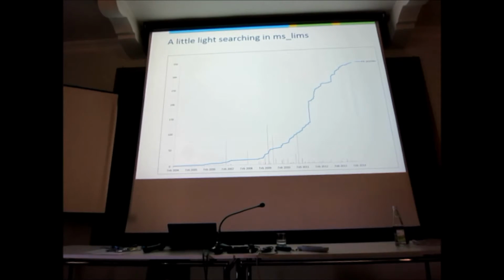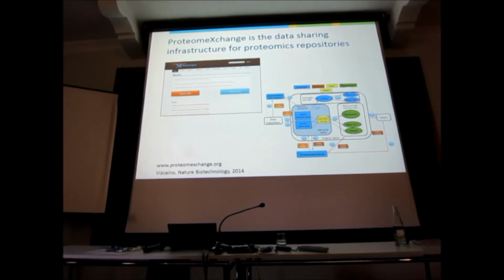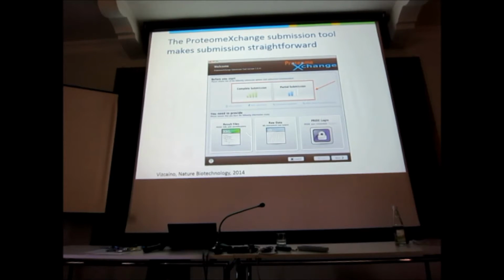And the other thing is that it allows you to take your data and chuck them into a public archive. Which again, it's the big version of what I've just talked about. And these public archives are super useful, right? You can do a lot of stuff with that. And so one of them is Pride, is the one I built at EBI. And it's part of a big consortium called ProteomeXchange that tries to exchange data as broadly and as widely as possible and make life easy for you by making very complicated diagrams. But mostly it has these submit data and access data links, and they have this tool to submit your data.